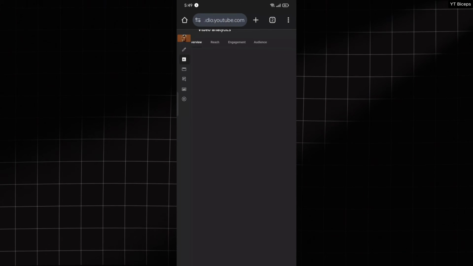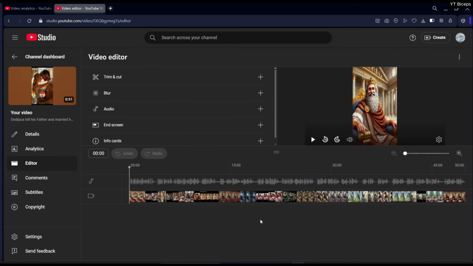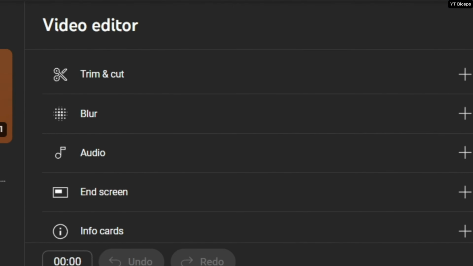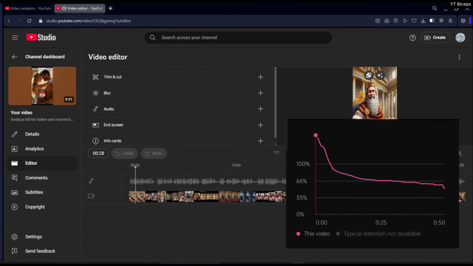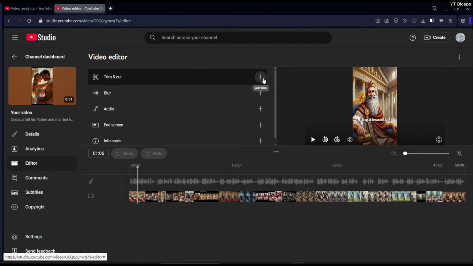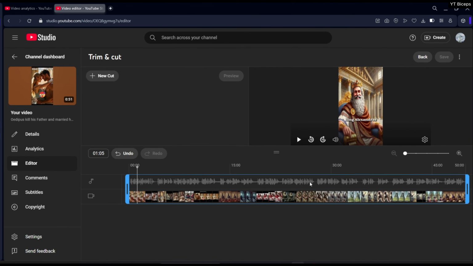Now select the video which has low viewed versus swiped away. Now go to the editor option. Here you see a trim and cut option. Now closely look at where the dips were created in the graph. Then add a new cut 1 or 2 seconds before these dips, or where you feel that the